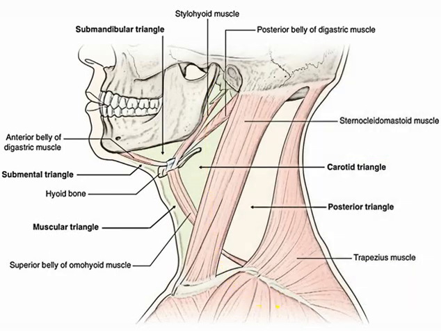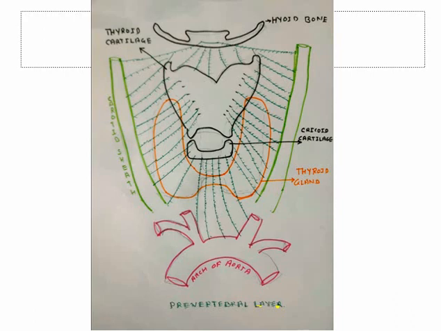Now next is the carotid sheath. Next layer is the carotid sheath. We have seen already what the carotid sheath is. In this figure we have drawn the carotid sheath. We have seen the carotid sheath in this figure, right? So what is the carotid sheath? Carotid sheath is nothing but the fibrous covering around the common carotid artery, internal carotid artery, and the internal jugular vein.